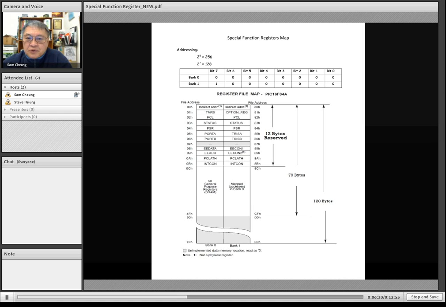If I want to talk to the outside world, grab data, or handle an interrupt, then we have to go to port B. How do we set port B as input or output? We have to go to bank 1 to set up the condition for port B. If all the bits are 1, port B is set as input. If I set all the bits to 0 in the bank, port B will be the output